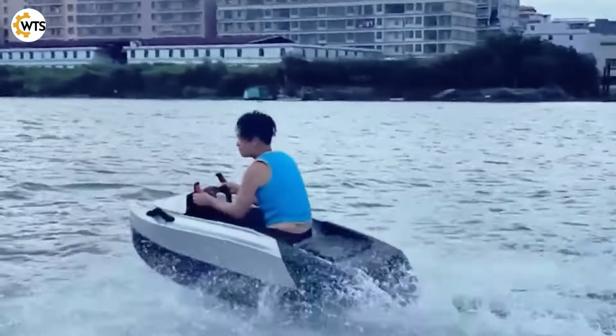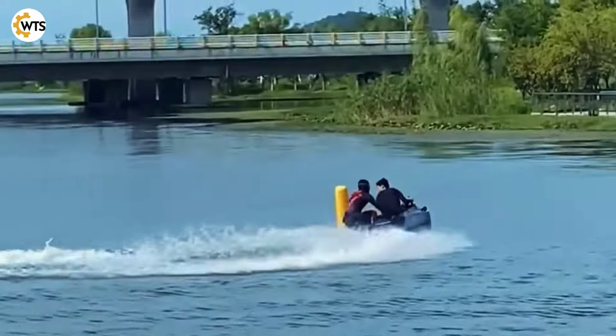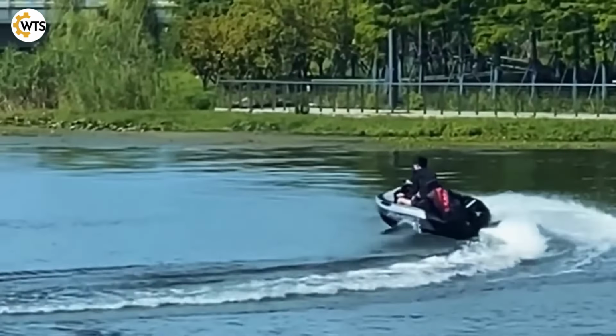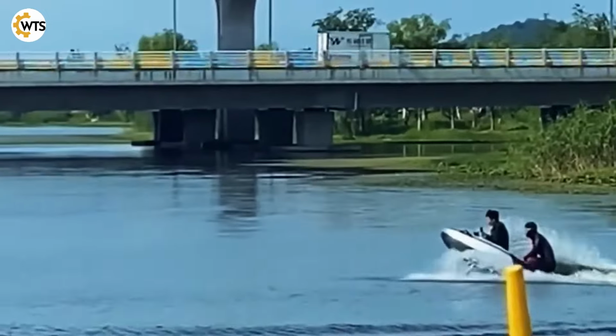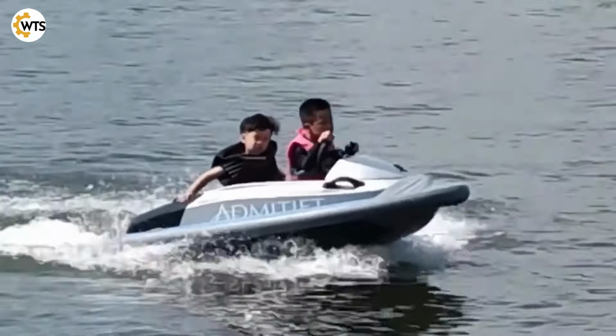AdmitJet Go-Kart Jet Ski, pure fun on water. It looks like a toy, but don't be fooled. This waterborne go-kart packs a punch. With 20 horsepower, 15 kilowatts under the seat, and a top speed of 32 mph, it's all about speed and